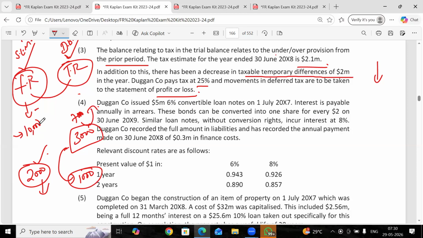Yeah, your liability, actually 10,000 is the estimate. You paid 7,000, and